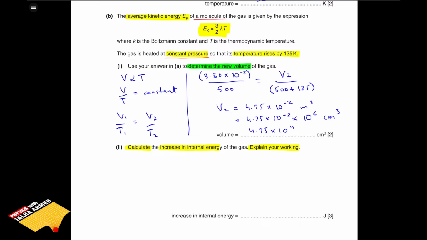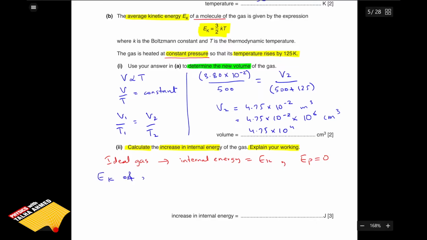Well, you remember there are no forces between the particles in an ideal gas, therefore, it does not have any potential energy. So, usually the definition of internal energy is that it's the sum of kinetic energy and the potential energy of the molecules. But since we are dealing with an ideal gas, its energy is only going to be equal to kinetic energy and not the potential energy, since there is no potential energy of the molecules in an ideal gas. So once we have explained that, now we can just go ahead and calculate the increase in internal